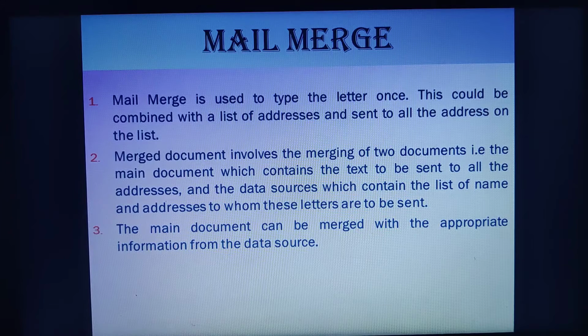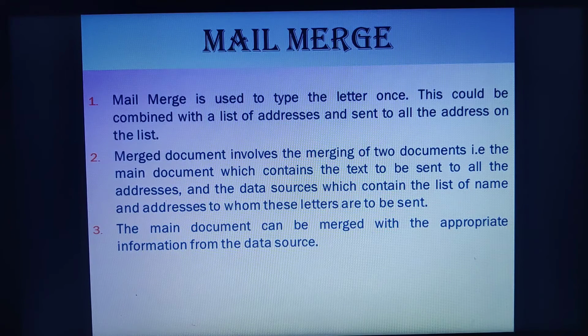Say for example, your data source may contain first name, last name, the phone number, their address, apart from that their salary, the employee name, the department they belong to. It may consist of different kinds of information, but when you are sending a letter to someone, you need just appropriate information: their name, address, locality, pin code, phone number. So only a few details are required. So we need to choose appropriate information from the data source whenever we merge and send the letter to different recipients through the mail merge option.